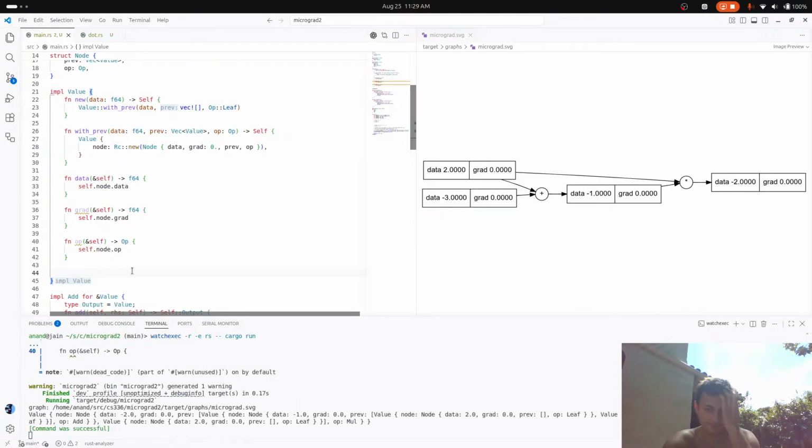Okay, so those are just a couple of helpers to get the ops. The important point now